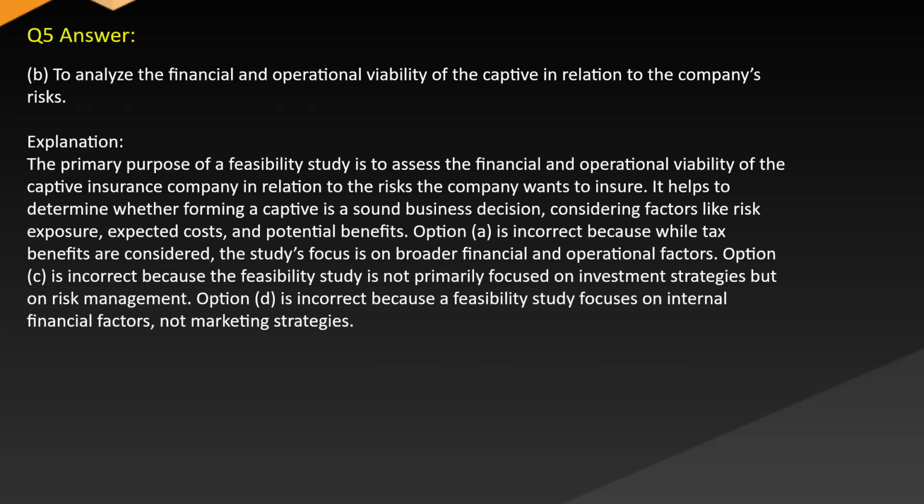Answer B. To analyze the financial and operational viability of the captive in relation to the company's risks. Explanation. The primary purpose of a feasibility study is to assess the financial and operational viability of the captive insurance company in relation to the risks the company wants to insure. It helps to determine whether forming a captive is a sound business decision, considering factors like risk exposure, expected costs,